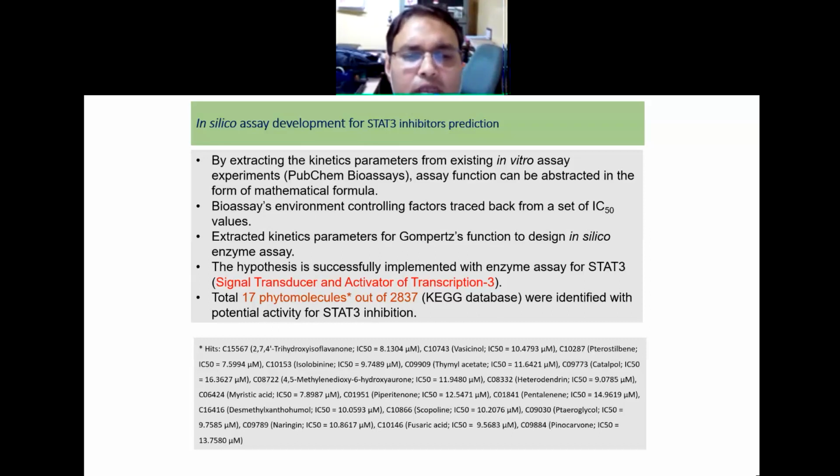So depending on the training data set, you can develop the model. If you have a very low data set, you can use a mathematical function like the Gompertz function. Or if you have up to 100 molecules, you can use regression. For more than 100, you can use machine learning methods like SVM, SVR, ANN, or clustering. You can use that. So I listed here the topmost molecules having activity against the STAT3 target